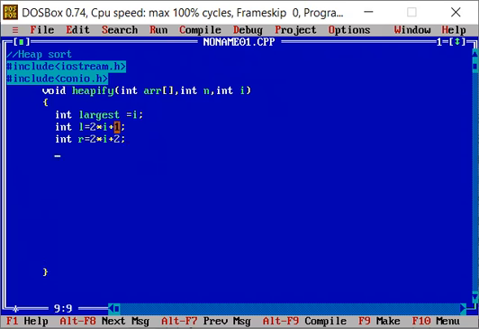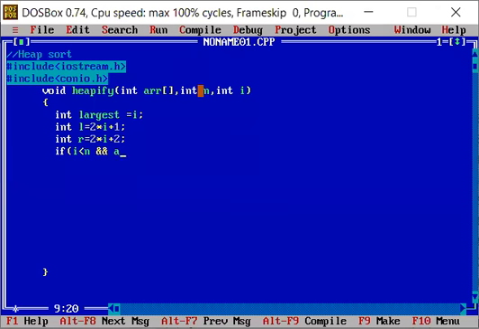That is the right child. Now in the next step, we'll check if the right child is larger than the root node or not. So we'll compare the root node with the left child. We'll check if left is less than the heap size, that is n, that we can see here. Heap size is n, which means both conditions have to be followed.